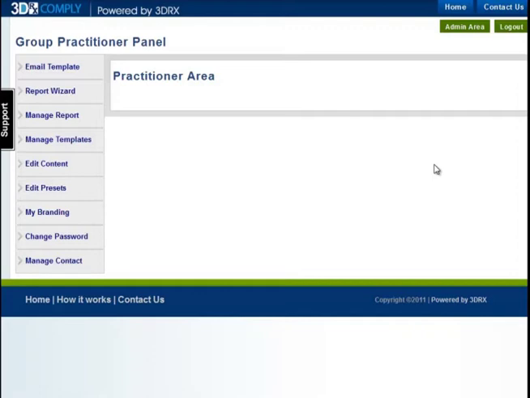So this is the tutorial for the group practitioner in the admin area, and I'm just going to go through each one of these tabs that you'll see when you go into the admin area, which is in the top right hand corner. So going to the admin area brings you to this dashboard, which allows you to then select an email template,